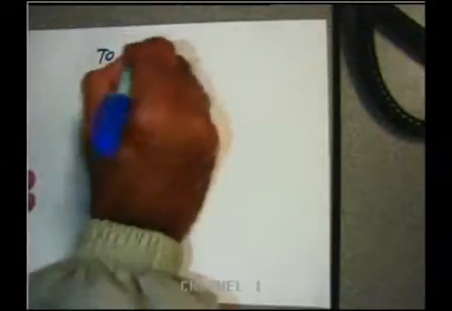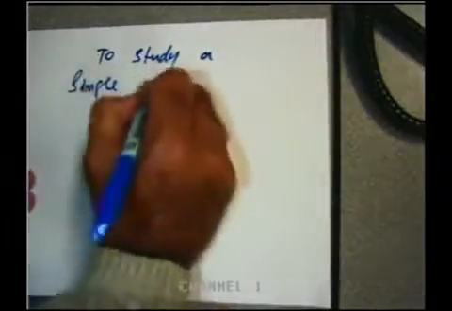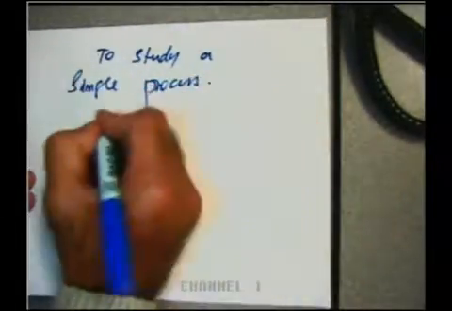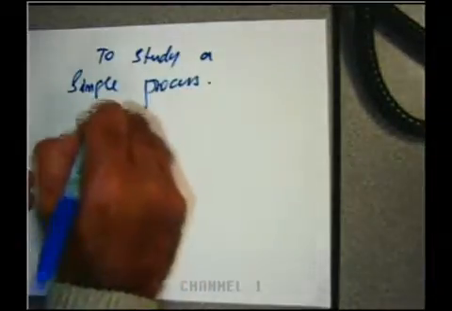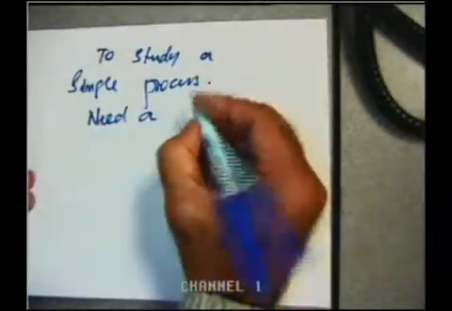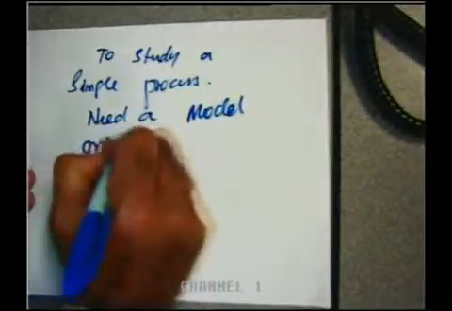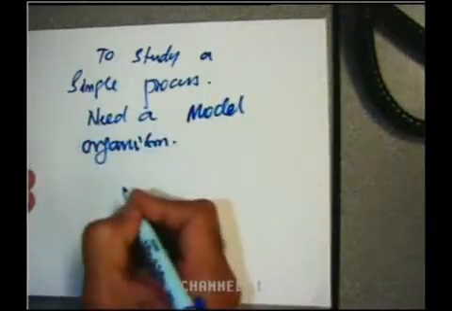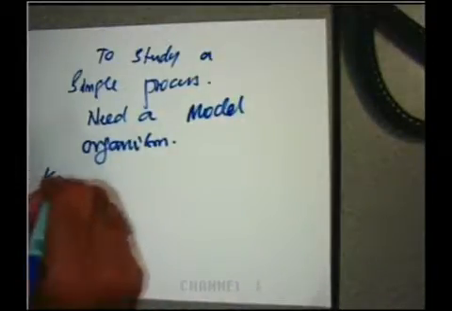So to study any single aspect or a simple process, the digestive system or any other process, we need a model organism. What is an ideal organism? A model organism to study a particular process. In olden days, the scientist Krog, or Kroger, Alexander Krog,